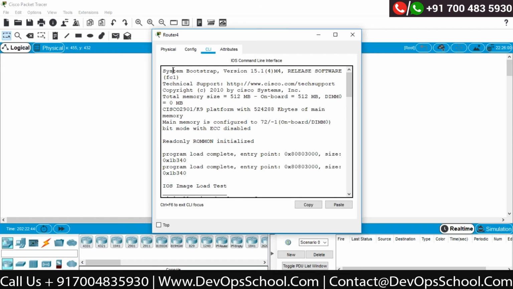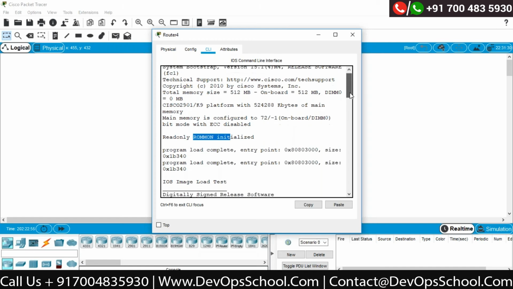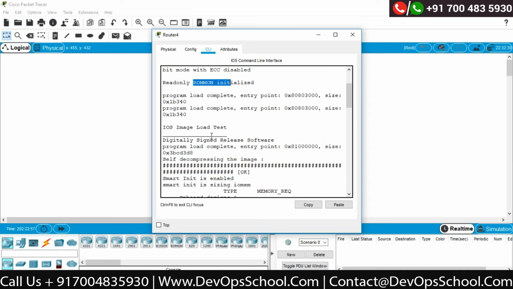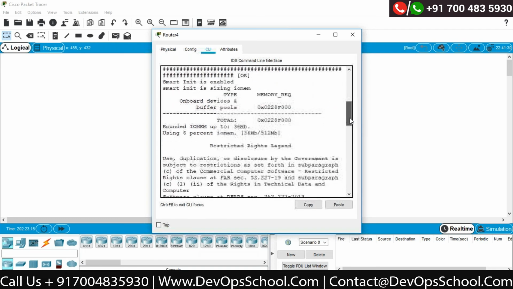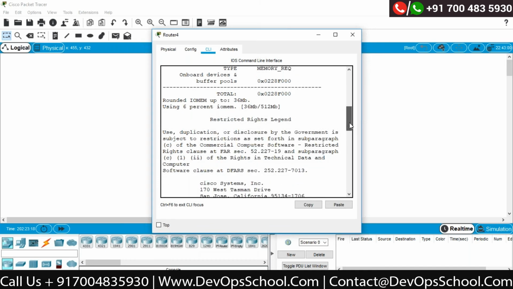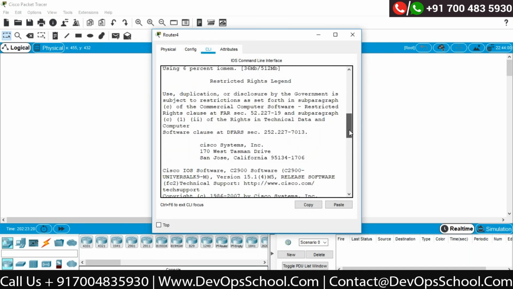Correct? You can see the system bootstrap version. Correct? This is ARMON, that is nothing but our ROM version, it is explanatory. After that, we will be able to see the IOS image. That means ROM understands where the IOS image is. It is part of your flash card. So it will try to decompress the image. That means it is actually loading the image from that flash card into memory. Correct? Then after that process is done, then my process would be started with